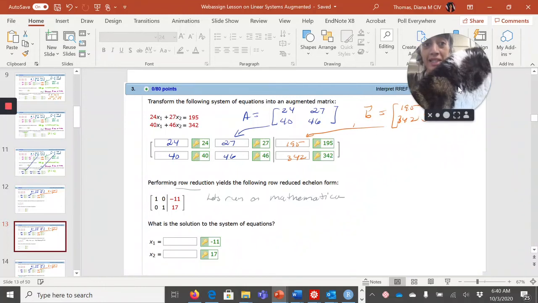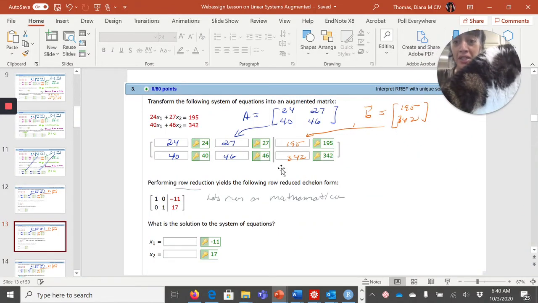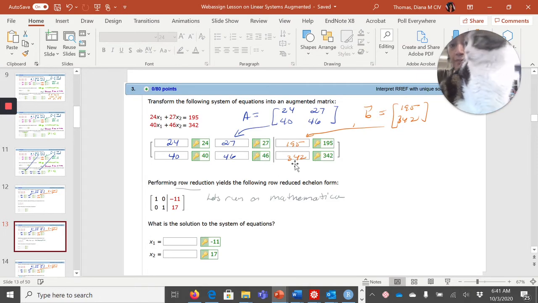I just wanted you to see what you're up against here. So here's number 3. You want the augmented system. You put in the 24, 27, 40, 46, which will be different for you. So first you want to write down the coefficient matrix and the B so that you know what goes in here. Then you want to take